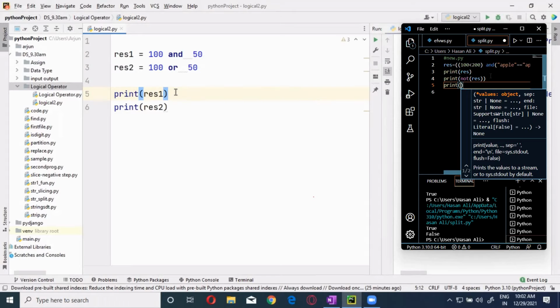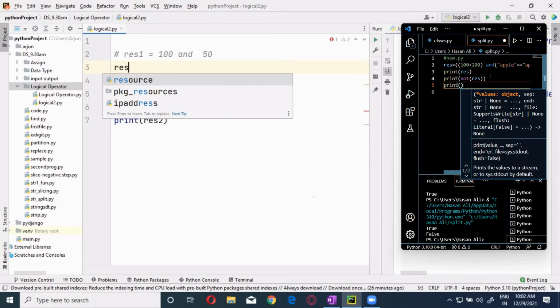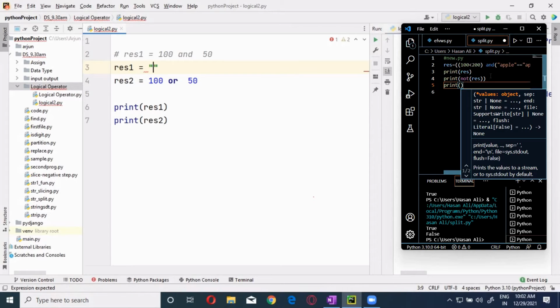Now, these values can be something like this. I can copy this, comment this. The first one is equal to blue in color and I will use yellow. Which one will you get? Yellow.